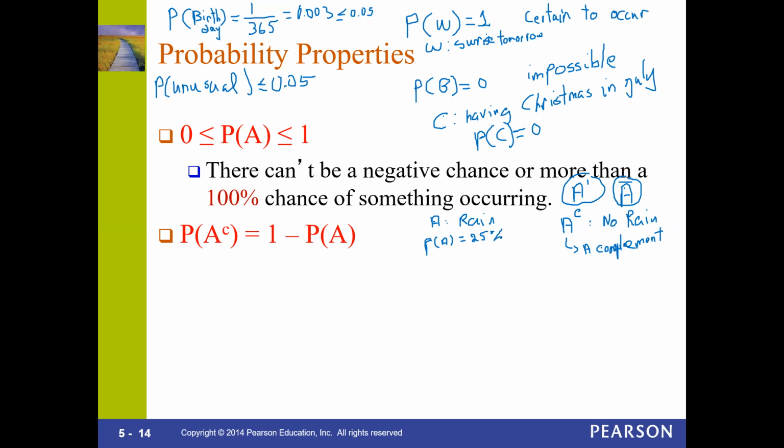That means the probability of A^C will be the opposite, like 75%, enough to get 100%. You guys understand? So this is what you get together. That means the whole will be 100%. Remember, we're not gonna go more than 100%. So the probability of A^C, which is the opposite, which is no rain, the complement of A, will be 75%. Another way to do it, you can also do 1 take away 0.25. That's gonna give you 0.75.